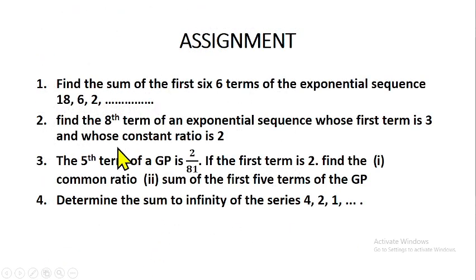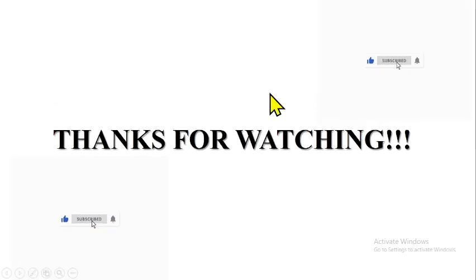So if you understand the sum of terms in GP, quite alright. You can lay your hands on these 4 questions to evaluate yourself, so that you will know whether you understand how to sum GP together, and which of the formulas you are meant to use at a particular time. So that is that on a GP, and that is that on sequence and series.